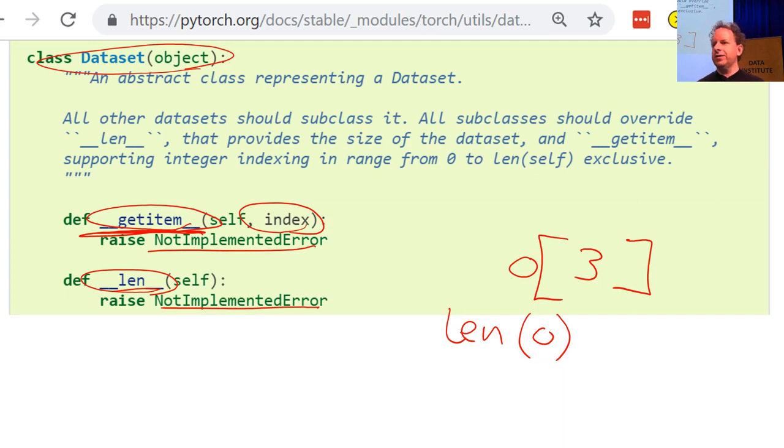Now, a data set is not enough to train a model. The first thing we know we have to do, if you think back to the gradient descent tutorial last week, is we have to have a few images or a few items at a time so that our GPU can work in parallel. Remember, we do this thing called a mini batch. A mini batch is a few items that we present to the model at a time that it can train from in parallel. So to create a mini batch, we use another